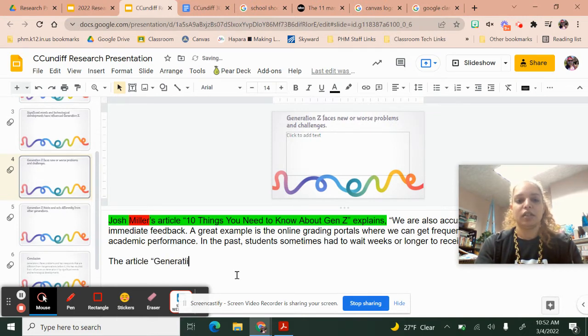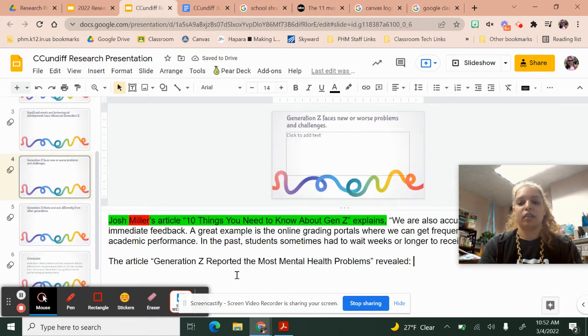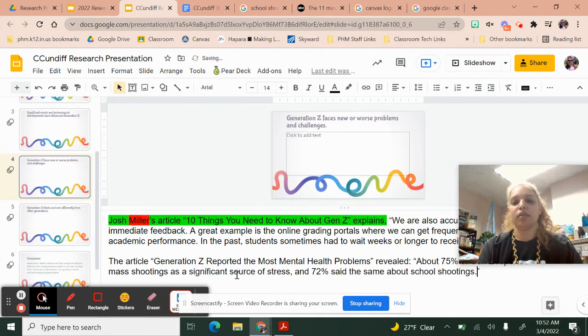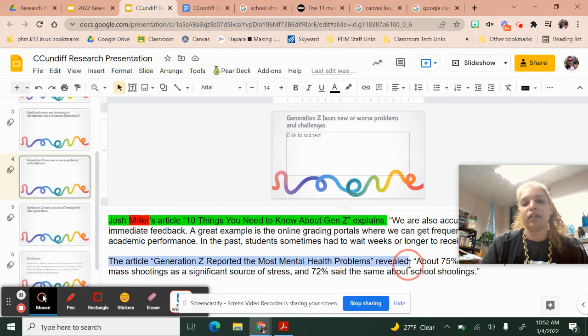Generation Z reported most mental health problems revealed. And then I'm going to put my quotation marks and add my quote with Control-Shift-Z so it doesn't change the formatting. Now I can highlight my lead-in green,